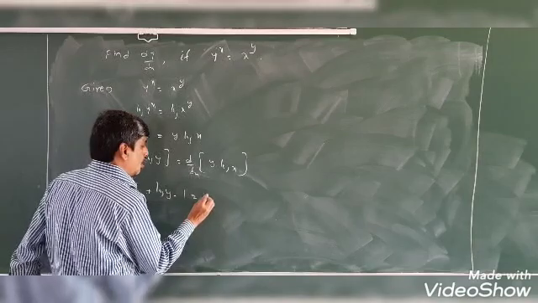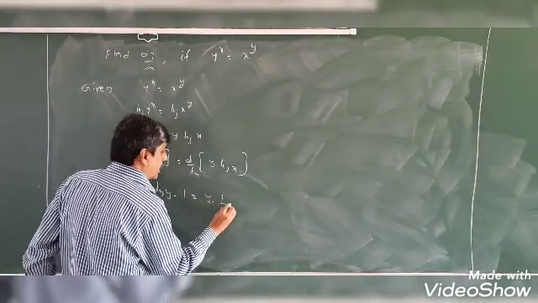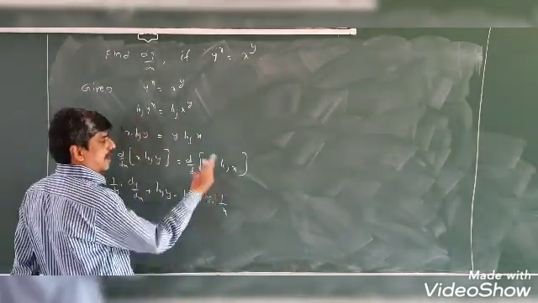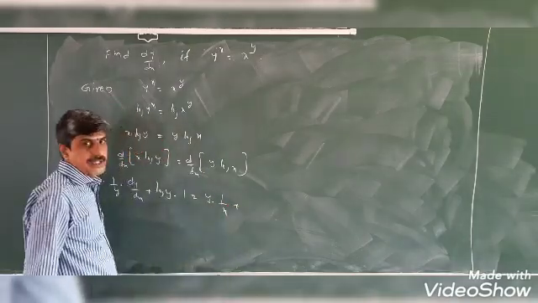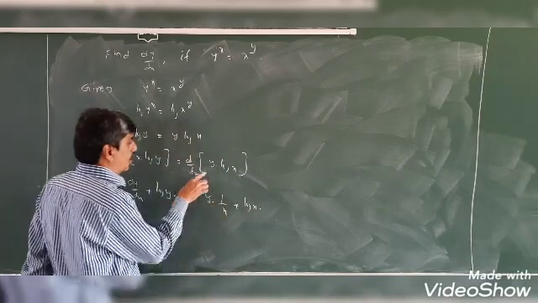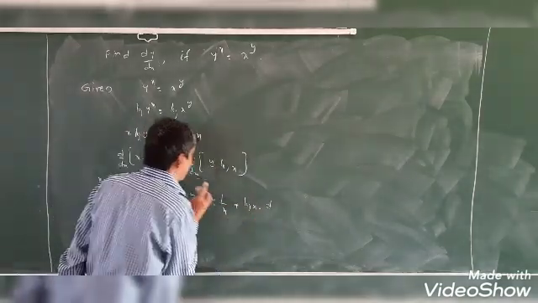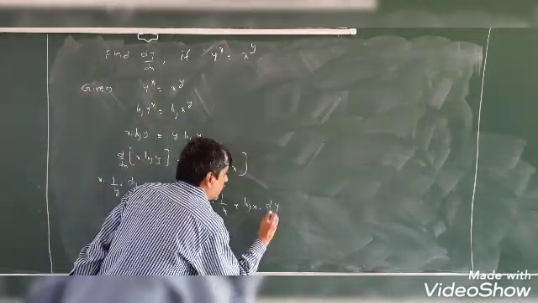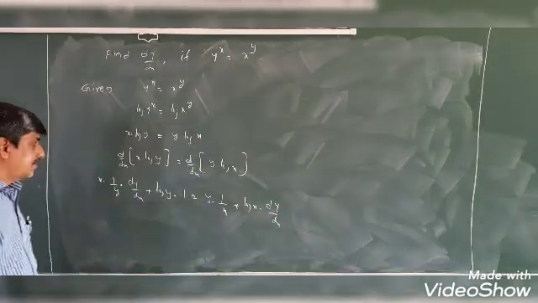Is equal to, here also d by dx of u into v: u, d by dx of log x is 1 by x, here in the place of x only there, then d by dx of x is 1, plus v, which means log x, into d by dx of v, d by dx of y, so that is dy by dx.